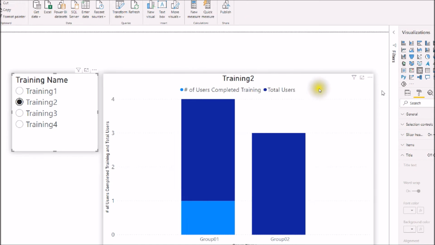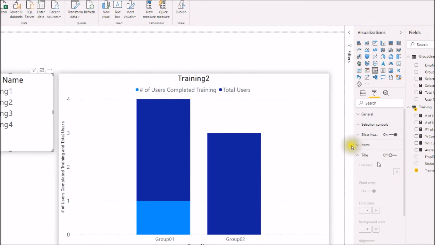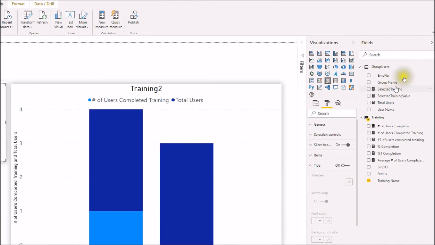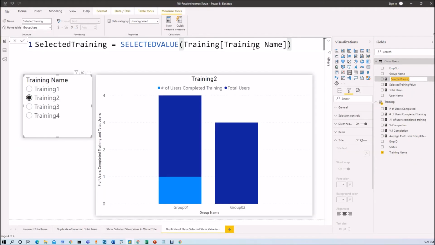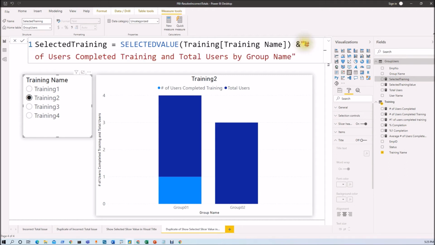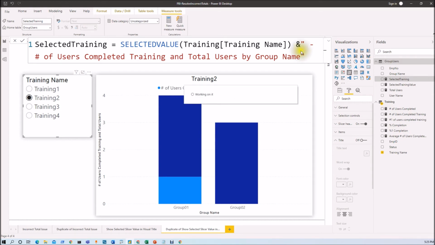So whatever the static title we have copied from our title property, we just need to append that. So just click on your measure that we just prepared. Now this is my selected value measure. Now you need to type an ampersand here, and then we just need to paste the string that we want to concatenate here, and then let me just add one space, then a dash, and then one. Right, now just hit enter and we are good to go.